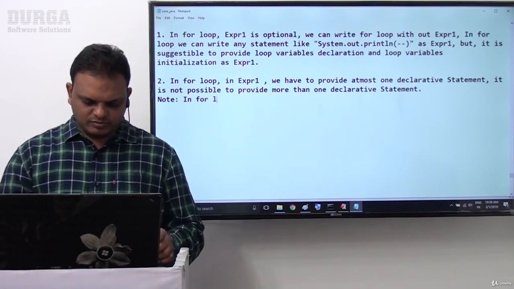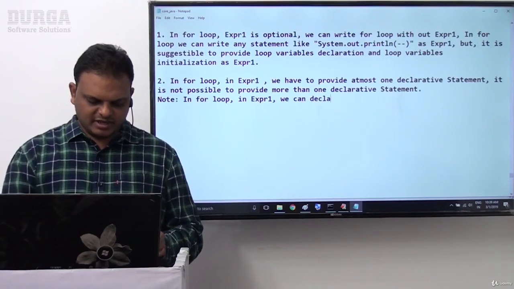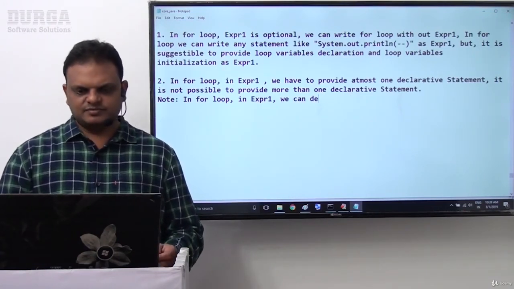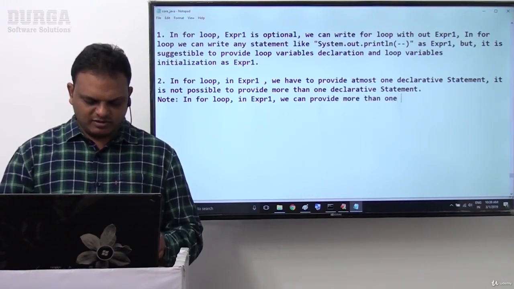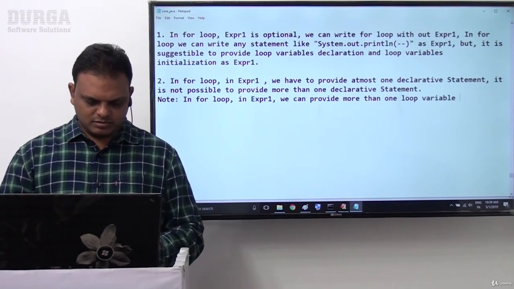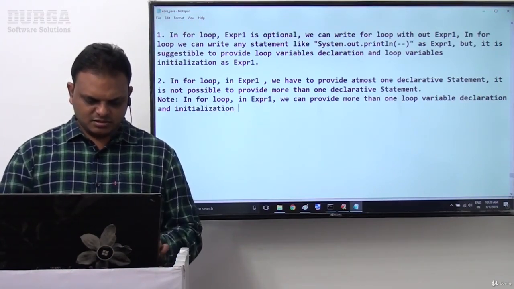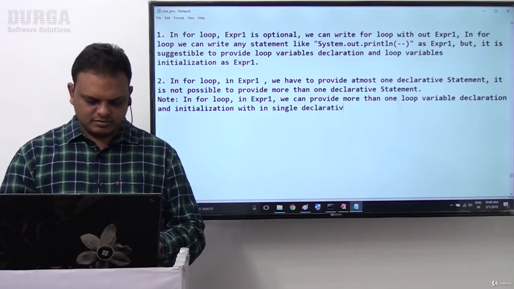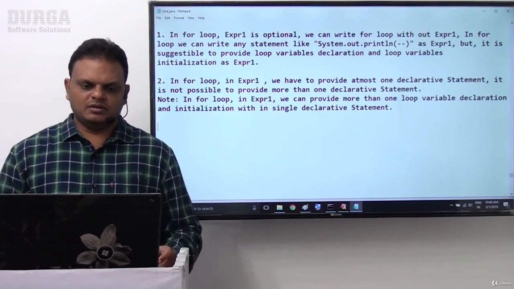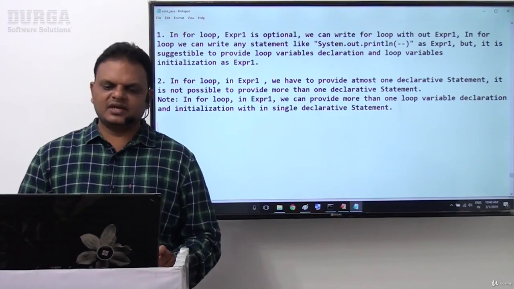Note: in a for loop, in expression 1, we can provide more than one loop variable declaration and initialization within a single declarative statement.